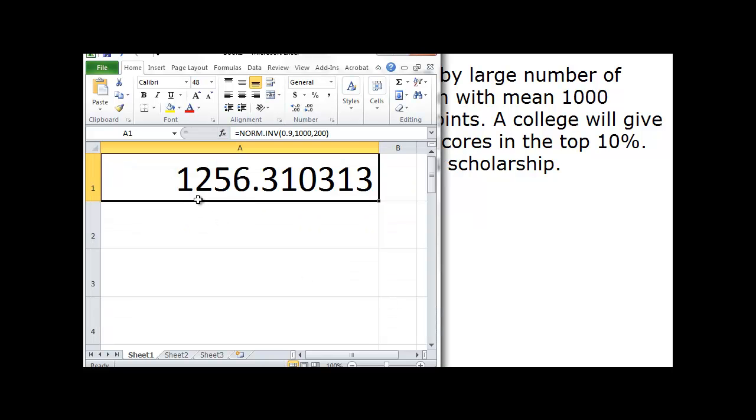That this is 1256.31, and it depends on the way the test is scored, how they want to round it, or that's not a decision that we are making. Okay, so what we have determined is this,